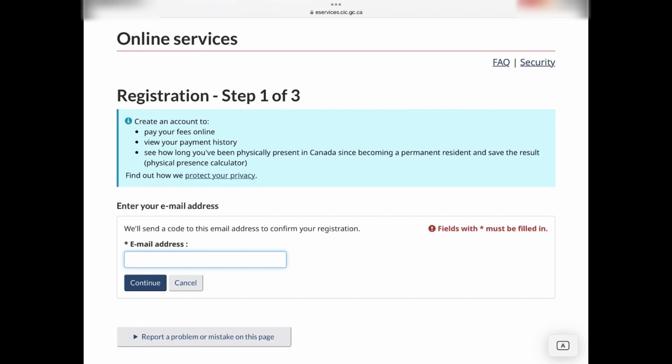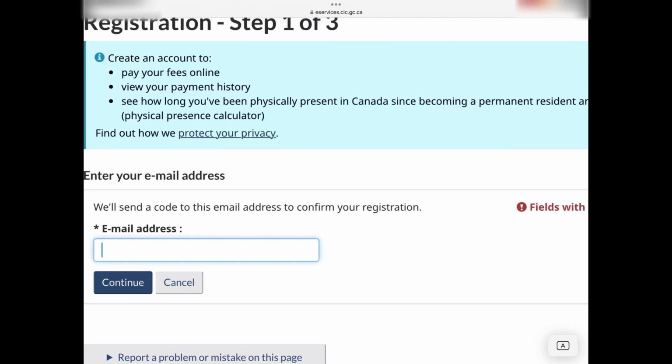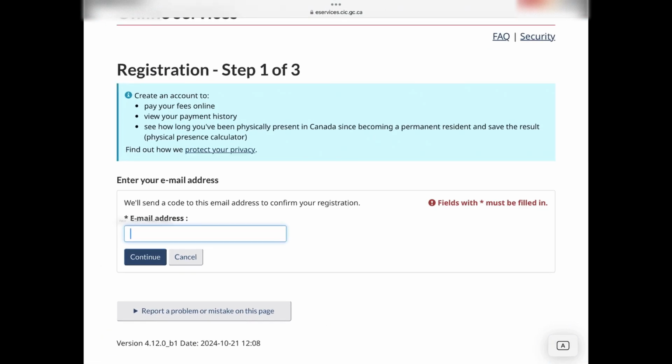Make sure you are giving them an email address that you have access to and you regularly check. They will send you the receipt or proof of payment to the email address that you're providing here, okay? So make sure you're entering the right email address. This email address is very important. You will receive your receipt of payment or your proof of payment in this email that you're entering here. I'm going to go ahead and say this is my email,